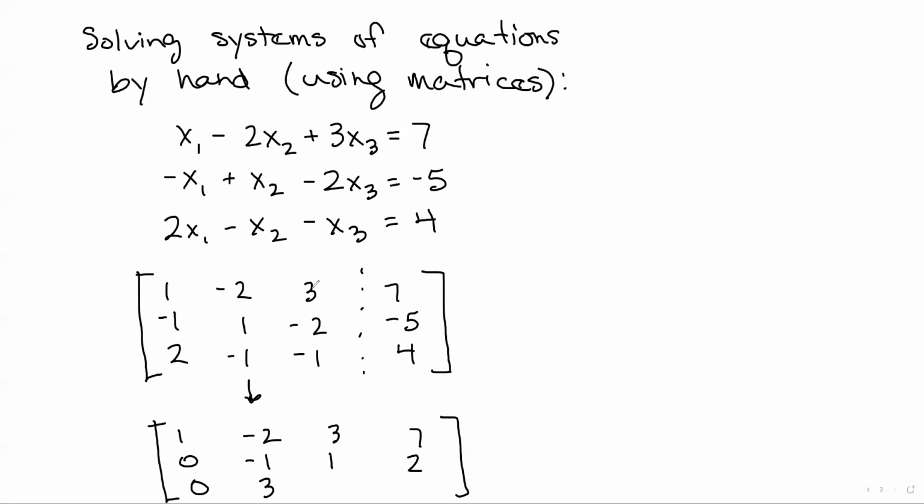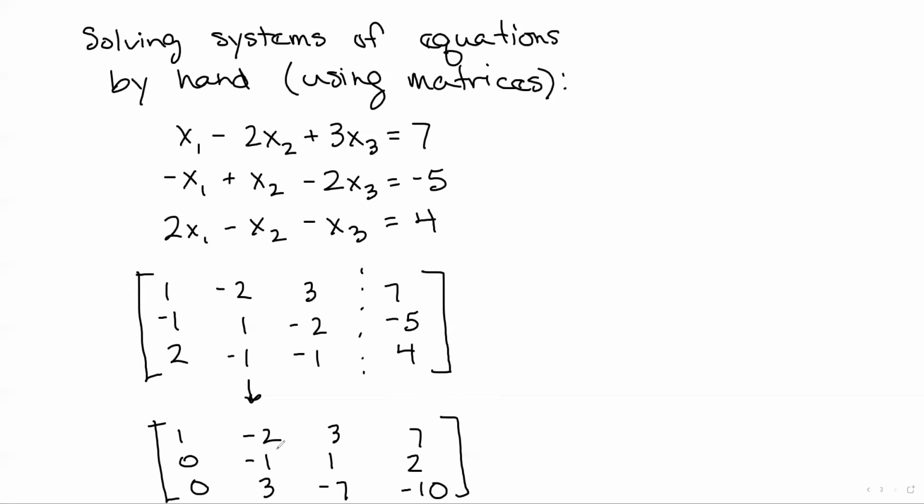And then we're going to take -2 times 3. That's going to be -6. Add it to -1 to get -7. And take -2 times 7, that's -14, and add it to 10, and we get -10. Okay. And now once we've gone through and done that, you can see we've got a 1 on the diagonal